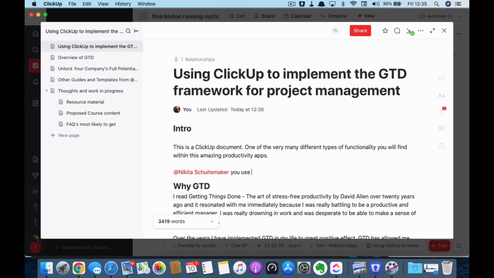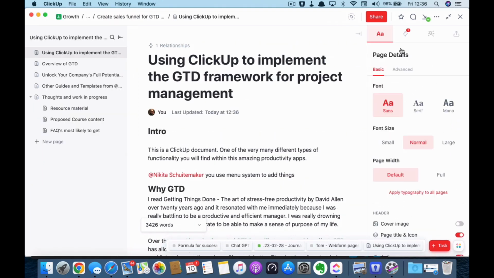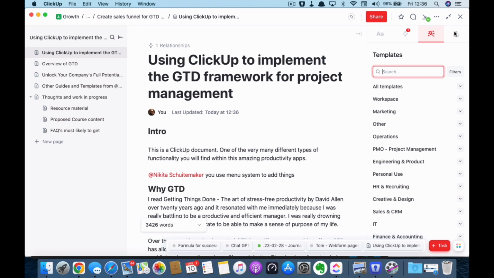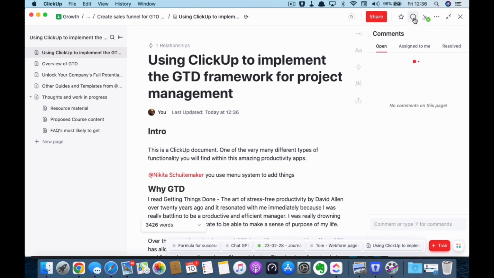So these are just formatting tools, number one, for within the document, as well as the ability to drop in things. On the left hand side here you can see the navigation menu, and on the right hand side you can open it up and there's some more settings that you can play with when you're using ClickUp documents. At the top here you'll also see a comments tab, so if you open the comments